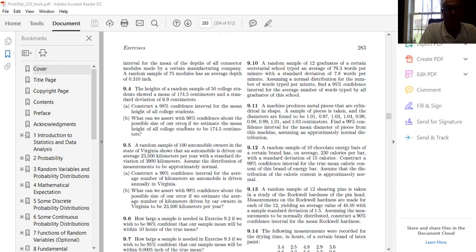Okay, so let me start with this one, guys. Let's start with exercise 9.4, which says that I have n is equal to 50,